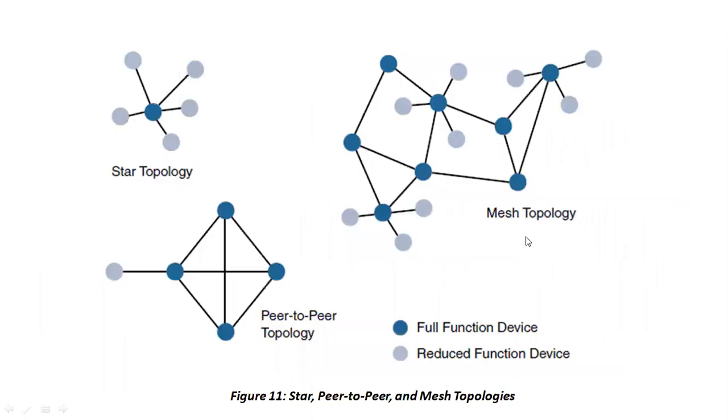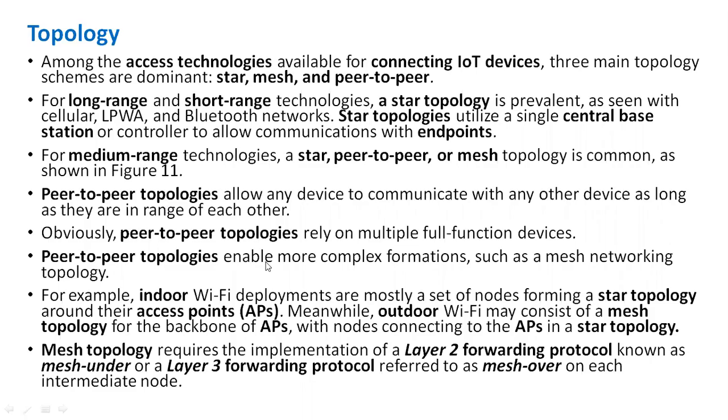If you look into this topology diagram, which type of nodes are here? Most of these are full function devices. So they allow communication between multiple full function devices. And these peer-to-peer topologies are actually a set of networks or a set of topologies. What are those sub topologies? They are nothing but mesh topologies, because n number of mesh networks are connected together,